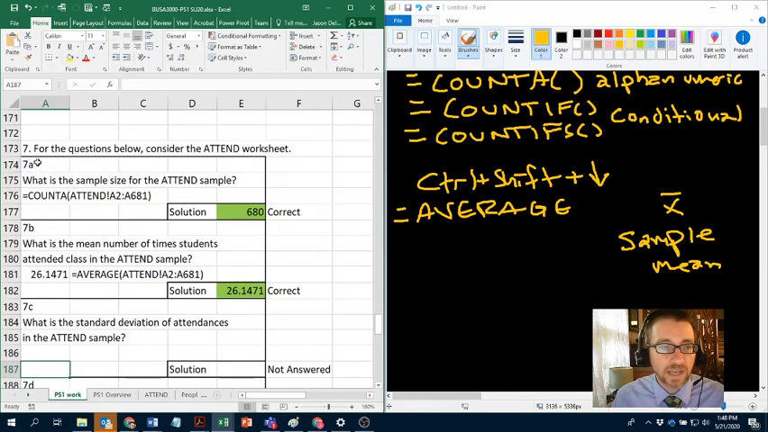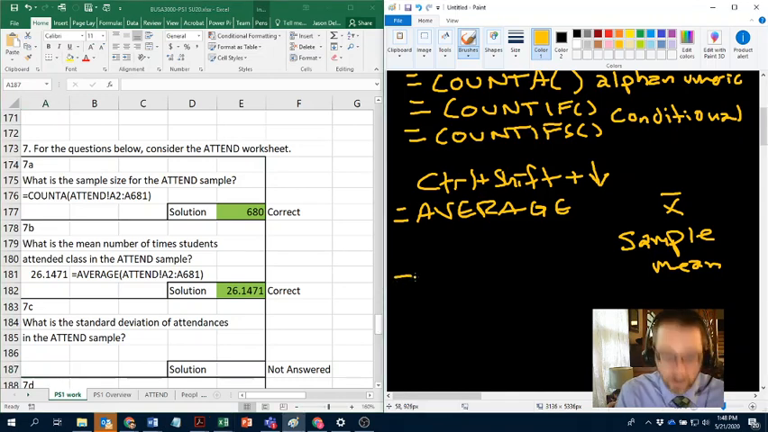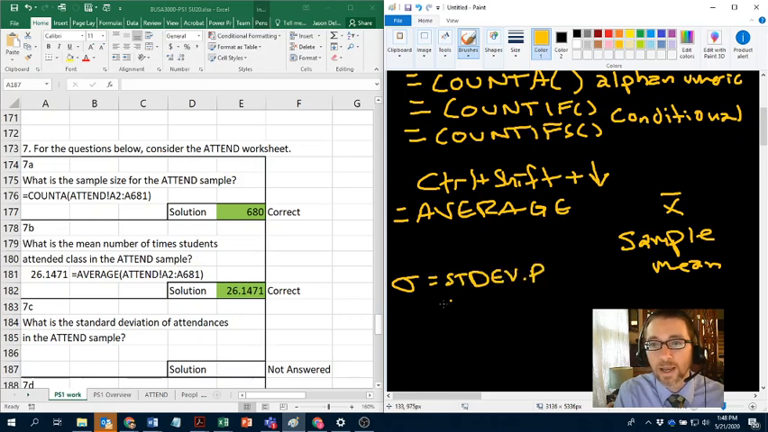What is the standard deviation of attendances in the attend sample? All right, now there are two standard deviation formulas in Excel. One of them is for sigma, and that's equals STDEV.P. And one of them is for S, and that's